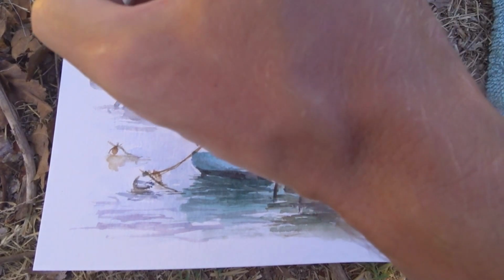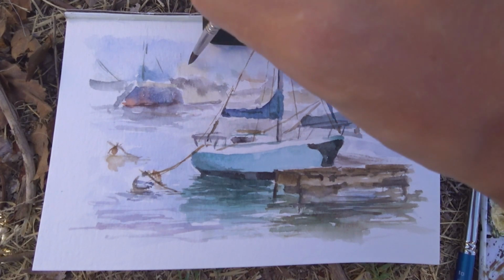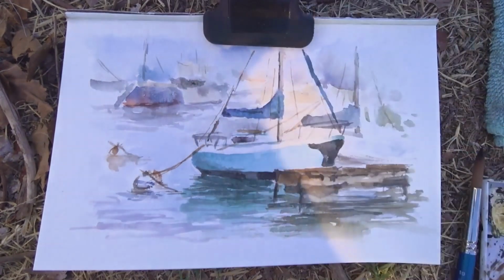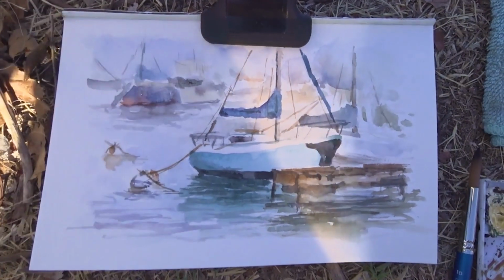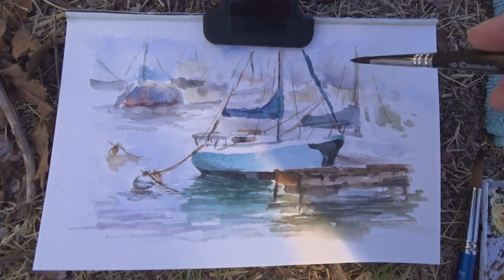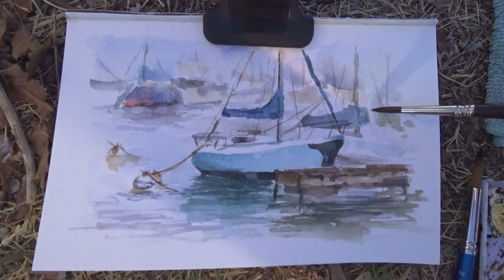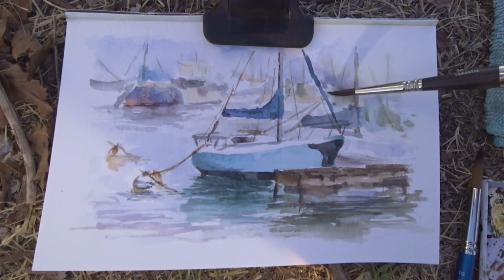But I did decide at the last second here that there needed to be some verticals in the background to kind of echo that they're boats. It gives more variety back there, kind of breaks that up. And it just shows that it's in a harbor. There's more boats. There's similar things happening. So I think it just brought it together a little bit more. But I was still keeping it simplified, keeping the values lighter. But overall, this is probably one of my favorite paintings, just with the way I rendered it and stuff from